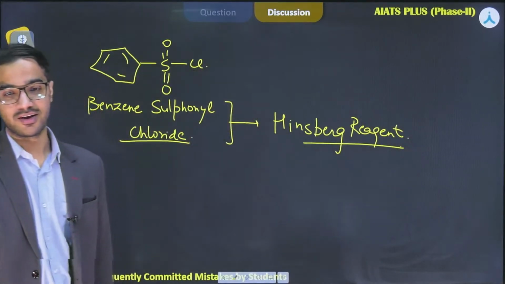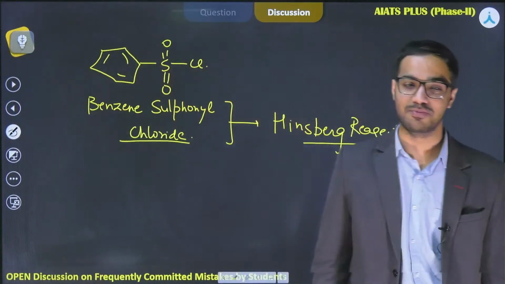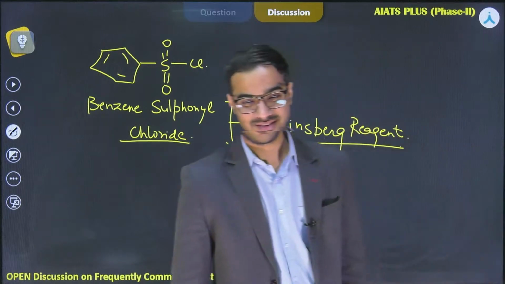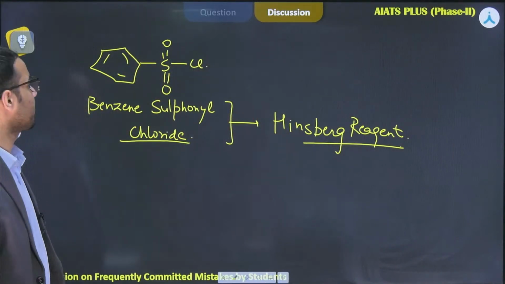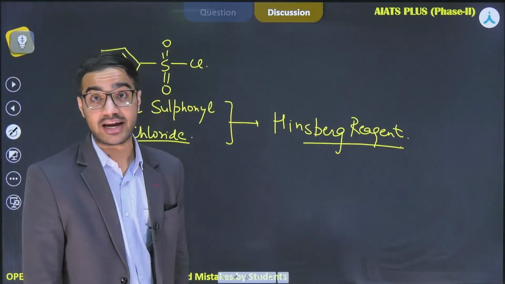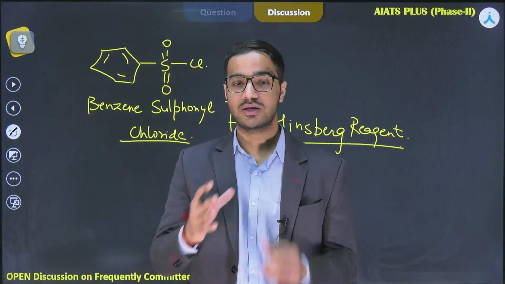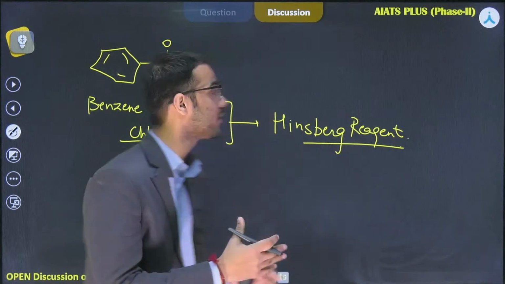Remember? Yes, this is not a Heisenberg reagent, this is a Hinsberg reagent. Okay, let us discuss something more. Let us say you are having this benzene sulfonyl chloride and we are reacting it with amines. This reagent will help us to distinguish between,